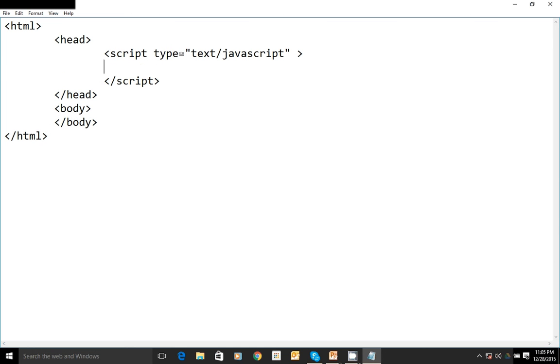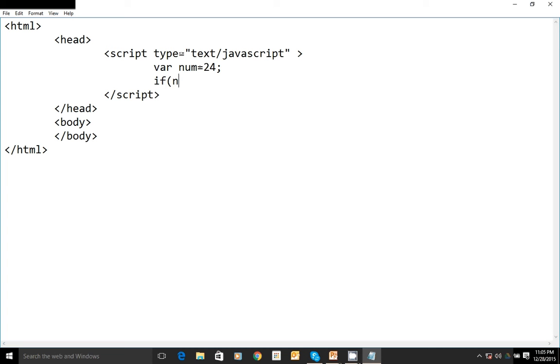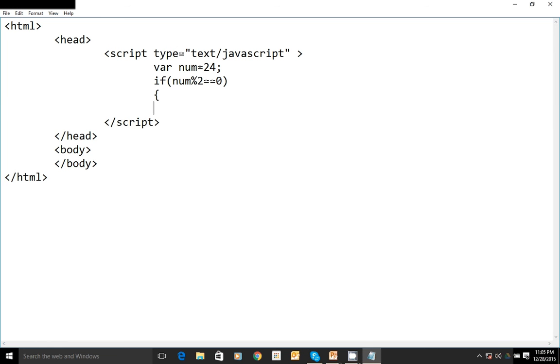Within this, let me write a simple program which tells whether the given number is even or odd. Let's say num equal to, I just want to read it from the user. So for the sake of understanding, let me assign the value directly. If num mod 2 double equal to 0, then we can say even number.